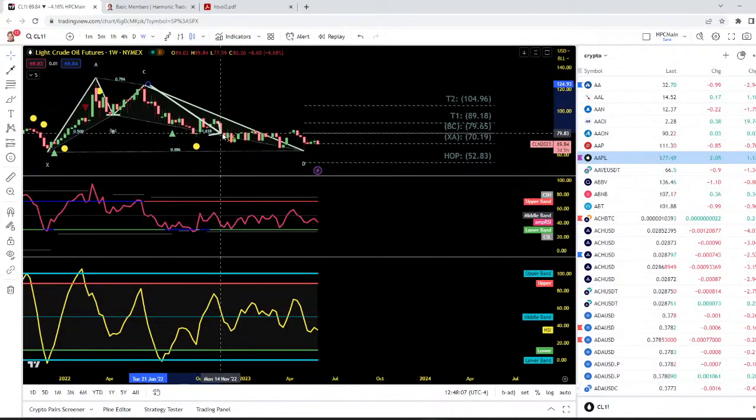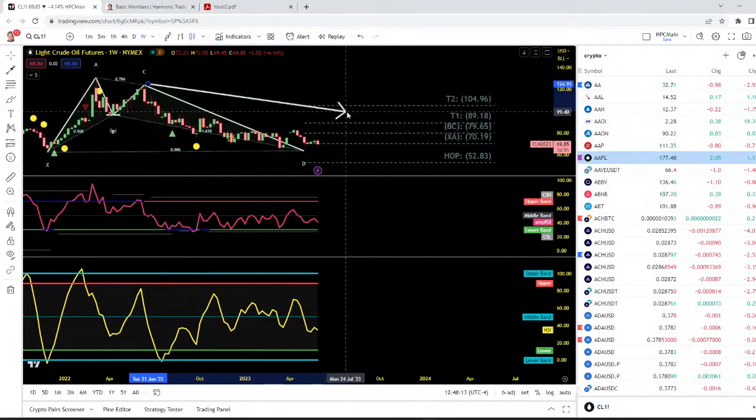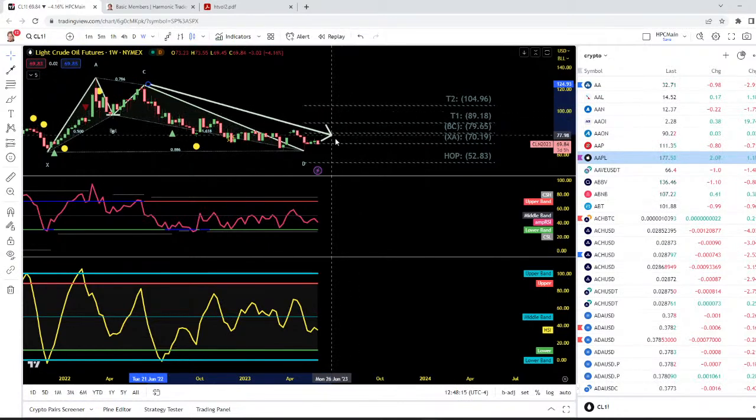Look at how many weeks it's been since the completion back in November, and we've done nothing. We didn't go to target 2, and we don't have any other confirmation. The daily time frame,